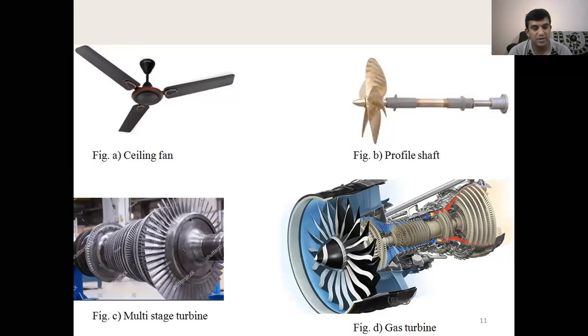Now figure C. It is a multi-stage turbine. Multi-stage turbine means several stages are there. It may be a low pressure multi-stage steam turbine here. Now you can see on one plane, one set of rotor blades is there. The second stage has another set of rotors. Several stages are there. Now these will come under which type of balancing case?